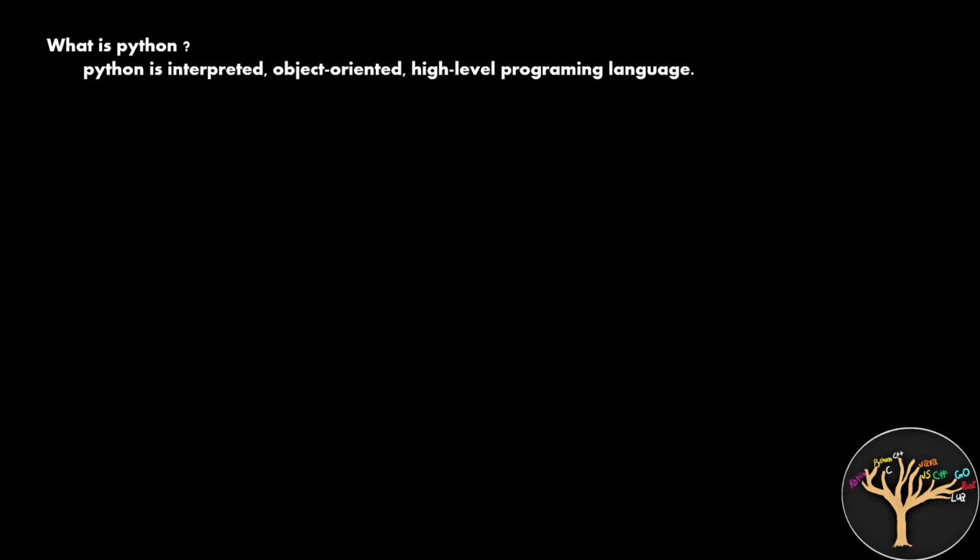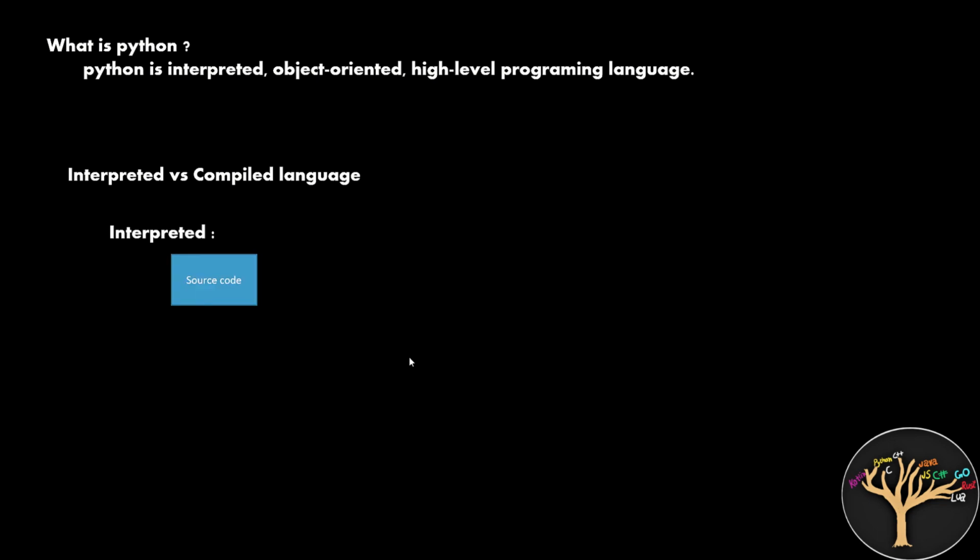So there are two kinds of programming language we would like to compare. The one is interpreted language, which uses an interpreter, and the one is the compiled language, like C++ and Java. If you go online and try to look for what is interpreted language and compiled language, you'll get tons of material to study on. But let's try to have a look at it quickly. So interpreted language. What happens in an interpreted language is